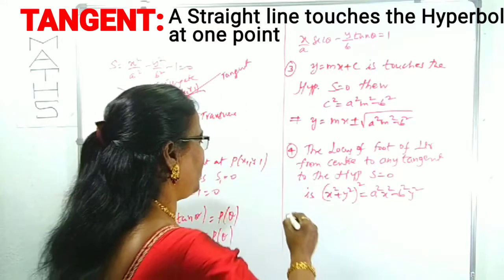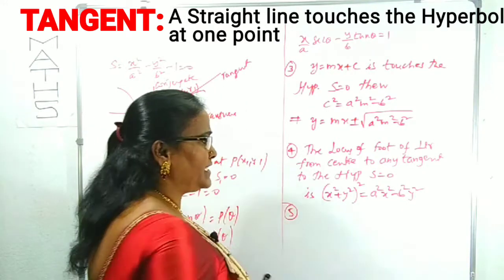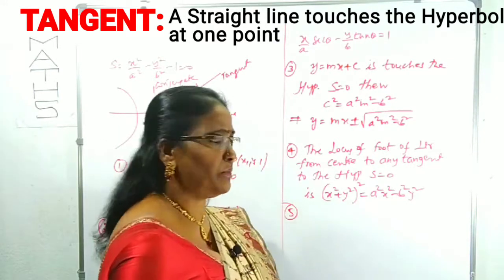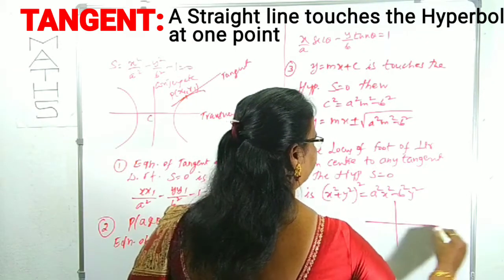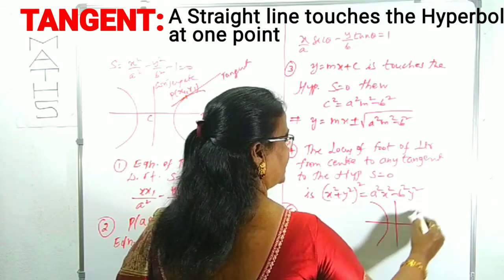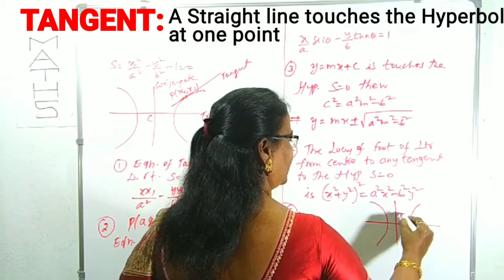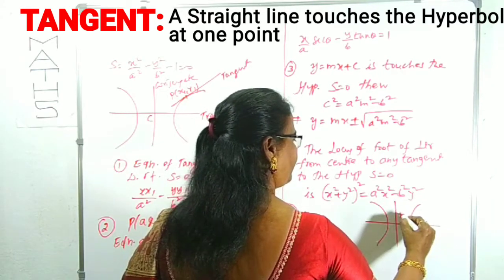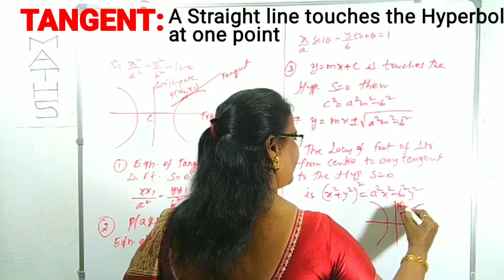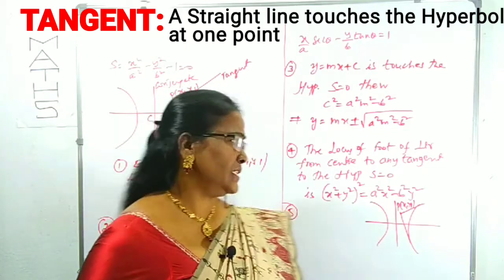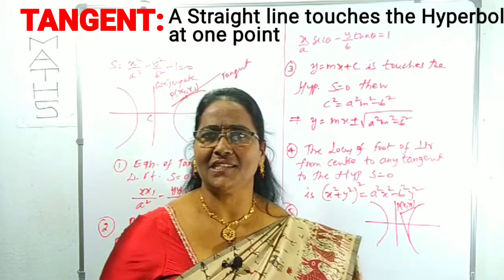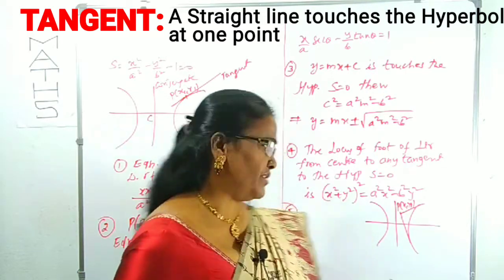Now, we can draw two tangents from a point to the hyperbola. So, there will be two tangents. The point is, suppose, inside. In case of inside only, we can draw the two tangents. Like P(x1, y1) is a point inside the hyperbola. We can draw the two tangents. Two tangents means what? Two straight lines. Those are having the slopes m1, m2.